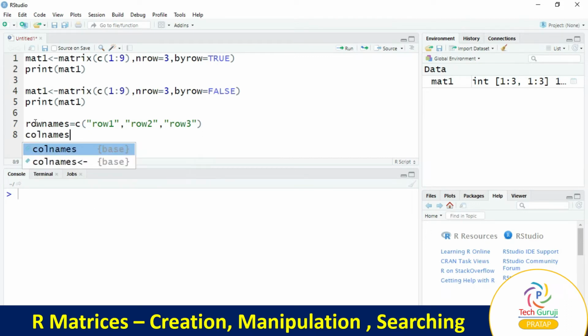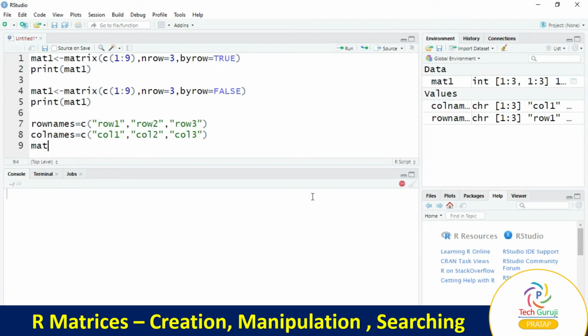Next, colnames is equal to the c function, col1 comma col2 comma col3, that is column 3.